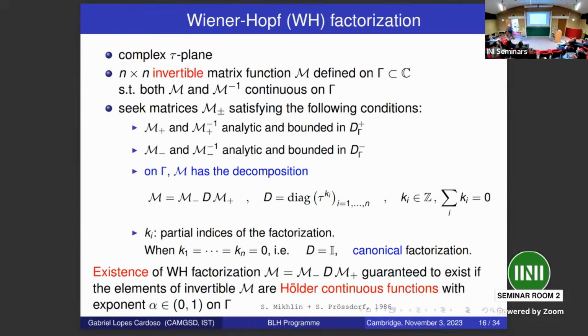And there's a theorem from the 80s, which says that if the entries of the matrix M that you picked are not just continuous, but actually Hölder continuous functions with a certain exponent between 0 and 1, then